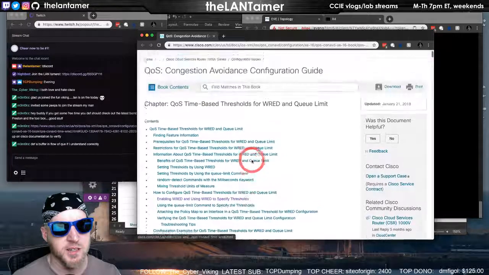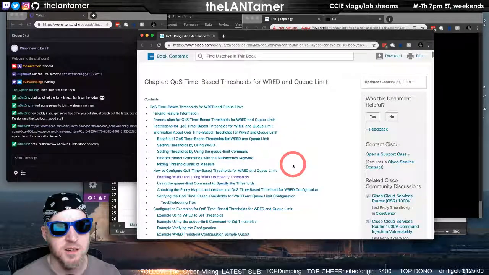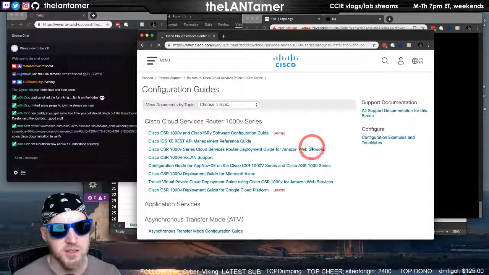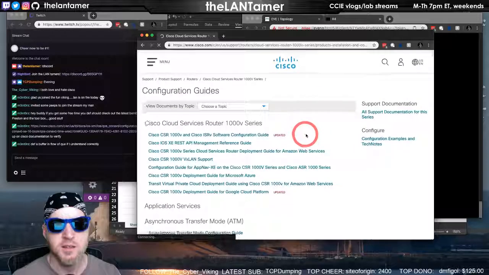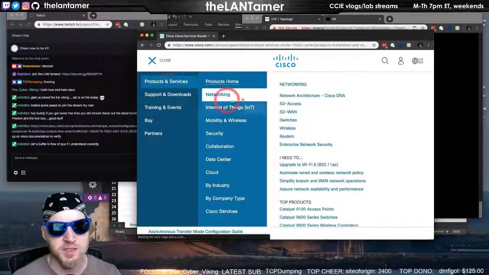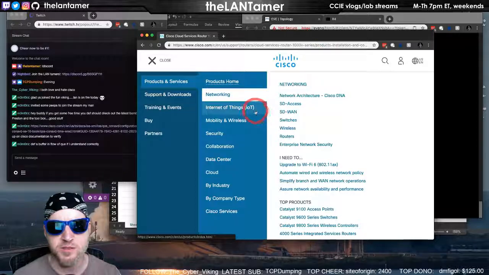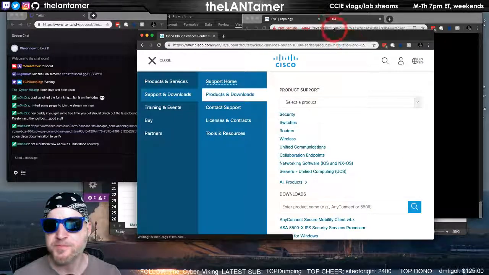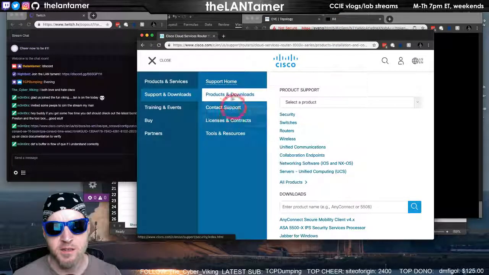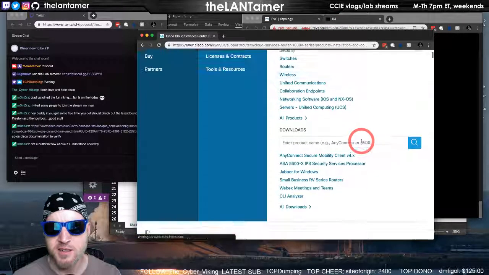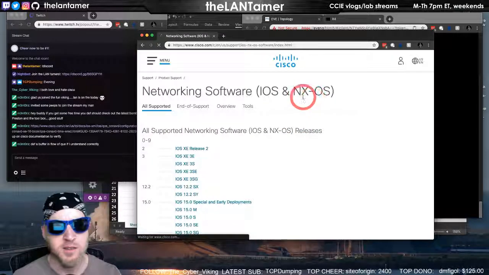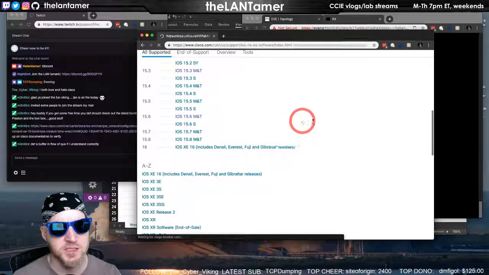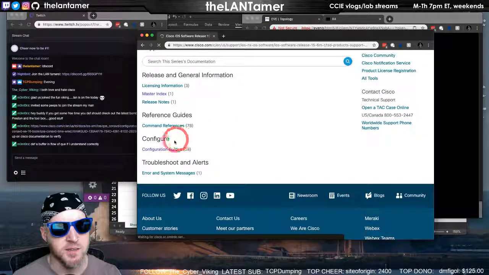Congestion avoidance config guide. This is the one for the 1000V. Yeah, I recall I did look at this in support. Let's do it again. So if I go to support, and the menu is, every change they make to the menu, it gets worse. 15.6 configuration guides.